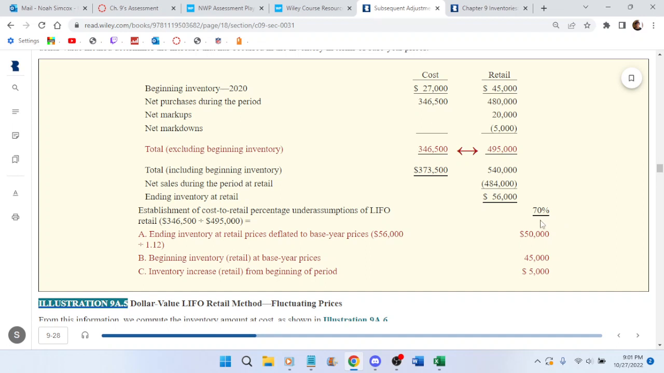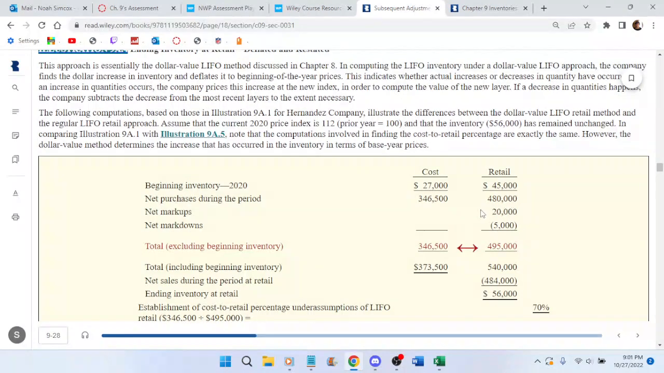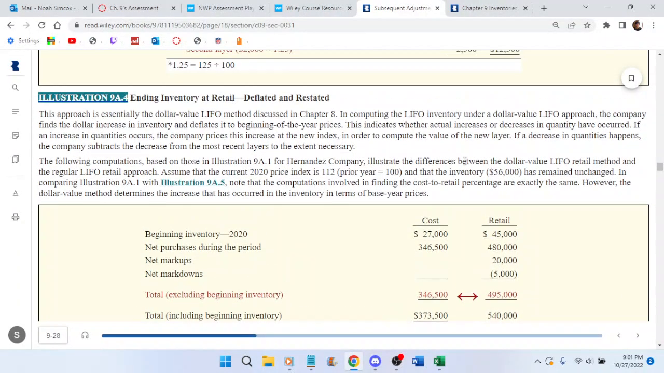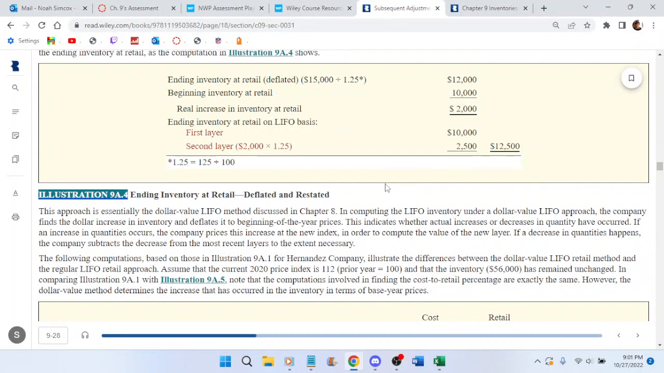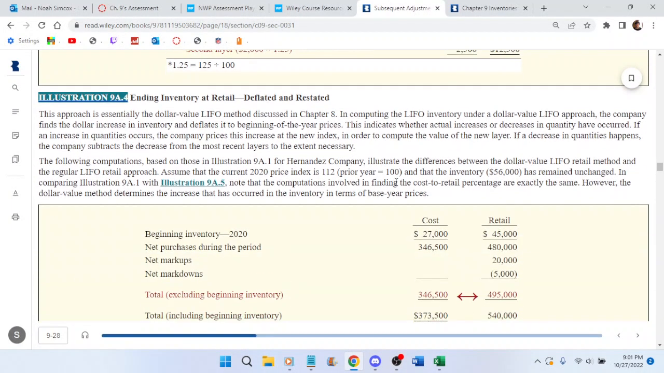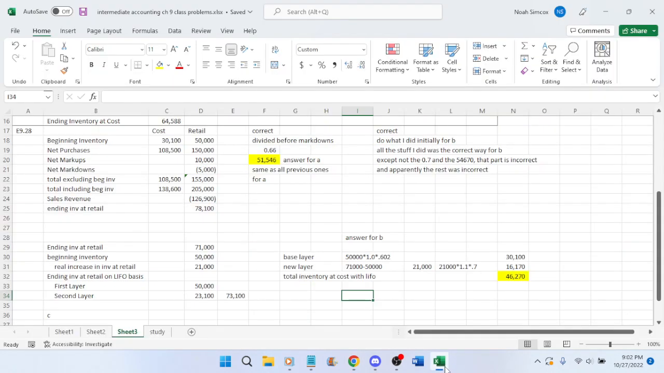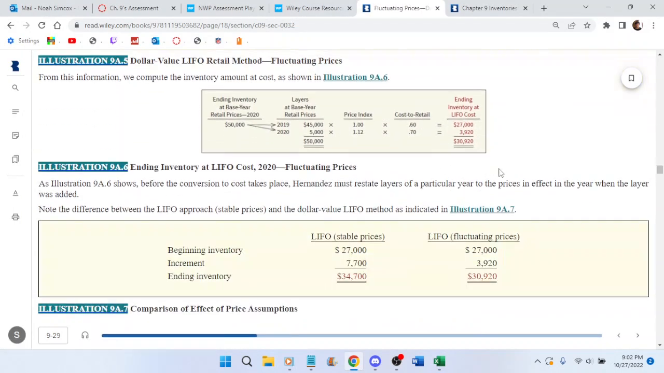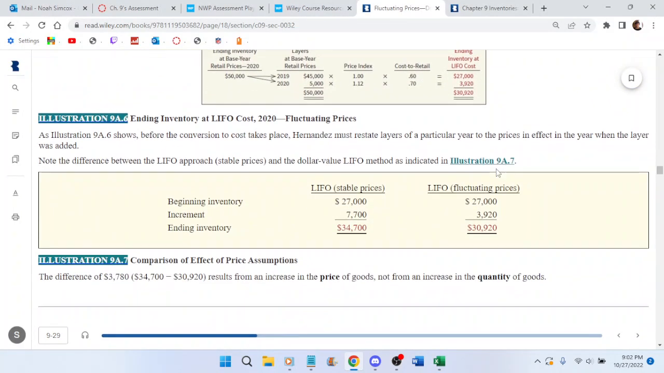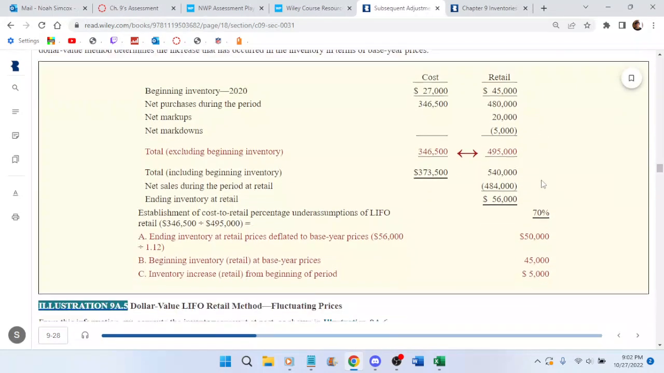Wait, what? These are using the same numbers? Dude, that'd be funny if the questions were using the same numbers for both questions. Let's see here. Let's see what the final answers are. If they're the same as the example, that would be funny. Okay, so the final answer is 46,270. No, doesn't look like it's the same answer. Okay, anyways,